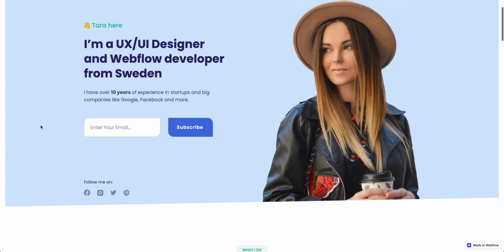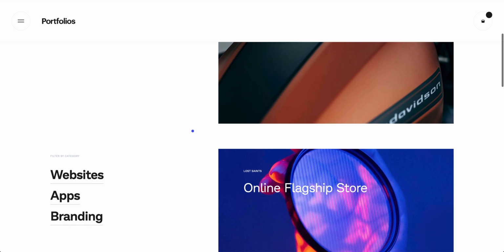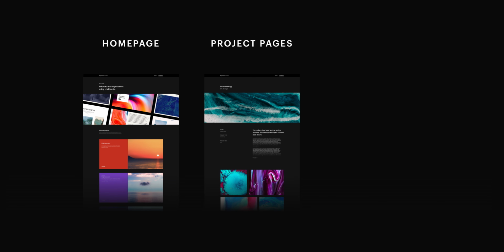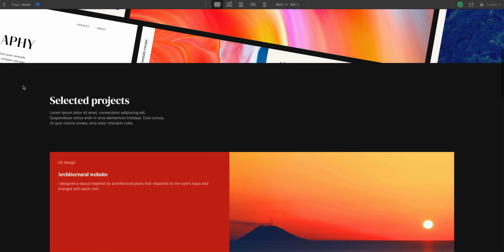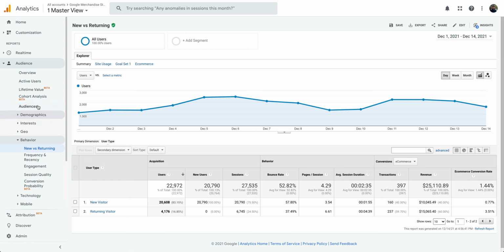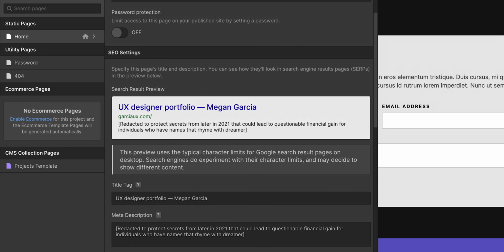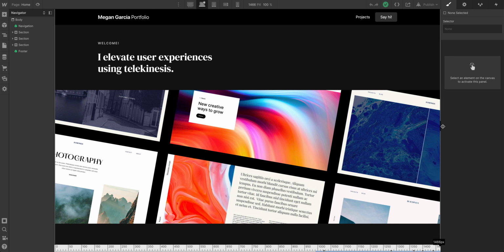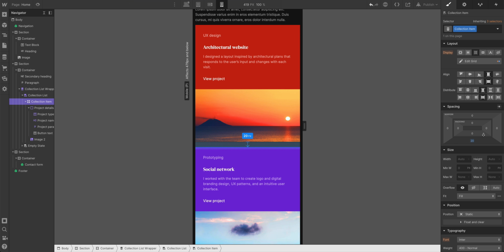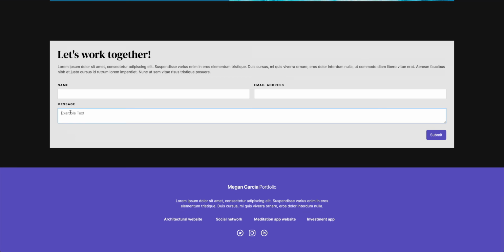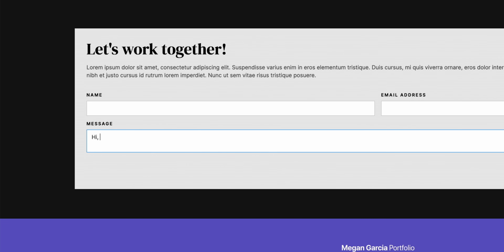Megan's portfolio is based on several extremely effective design portfolios we've learned from through the years, and we'll cover every step of the process. This means we'll cover the homepage, project pages for each client, or for each rebuild that's being featured, a contact page, and we'll take it even further by building out 2D and 3D interactions, Google Analytics, Open Graph and SEO settings, and everything else needed to ensure we've checked and reviewed our portfolio before we publish it to the web. The objective here is to create a clean, direct representation of Megan's work, so potential employers or clients can quickly make a decision about reaching out to Megan for UX design services.